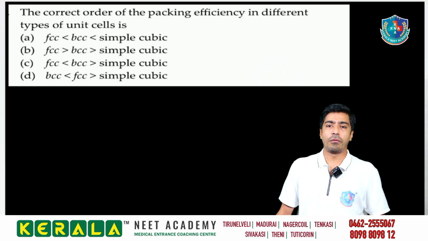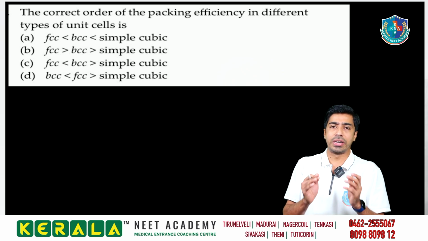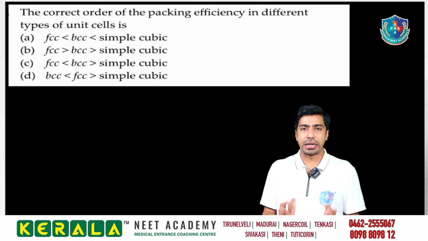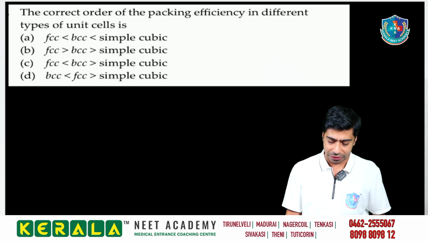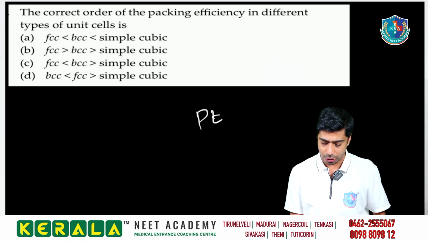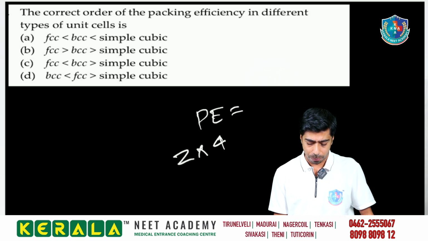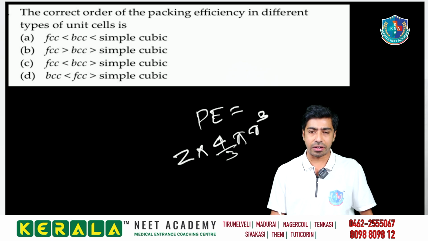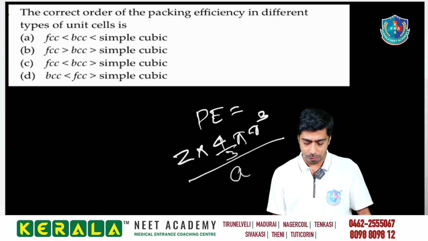The correct order of packing efficiency in different types of unit cells. Packing efficiency, as you know, is the percentage of the volume occupied by the atoms in a particular unit cell. So we have an equation to calculate the packing efficiency. Packing efficiency is equal to Z into 4 by 3 pi r cube. Z represents the total number of atoms present in a unit cell, and 4 by 3 pi r cube is the volume occupied by one atom,